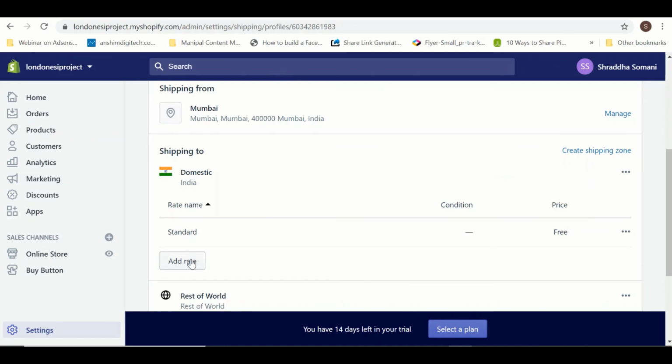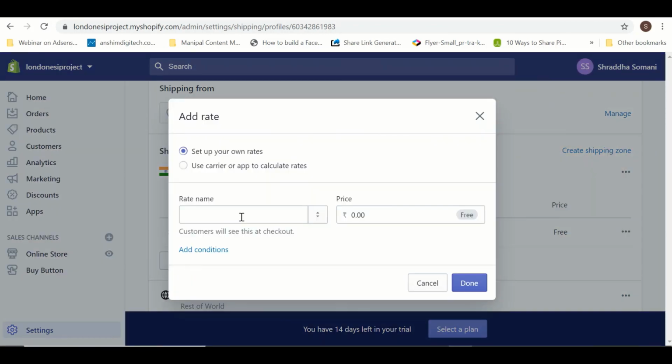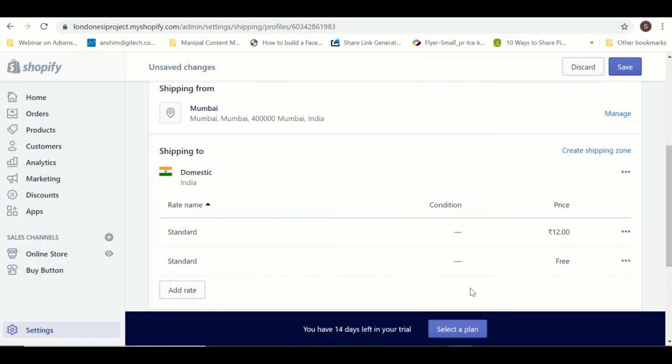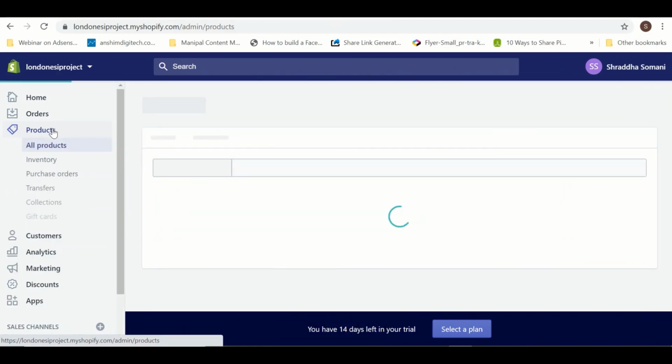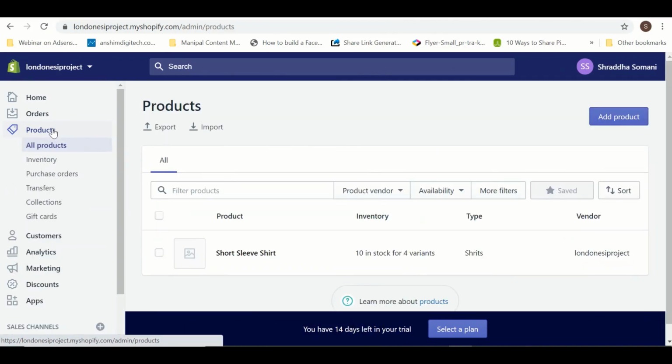So I will say that if I'm doing a delivery in India, okay, say for example it's a standard delivery, and the standard delivery charge which I'm taking is 12 rupees, right? So I can add this rate, I can save this rate, and I need to apply the shipping rates on my products. So definitely on the product the shipping rate has been applied.